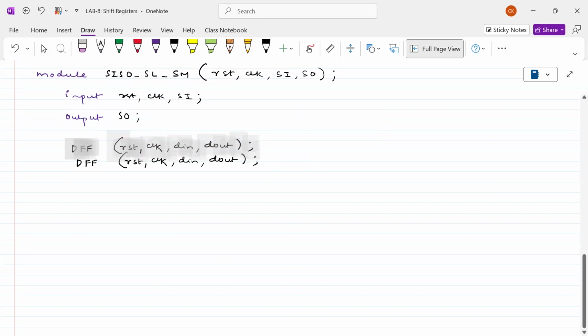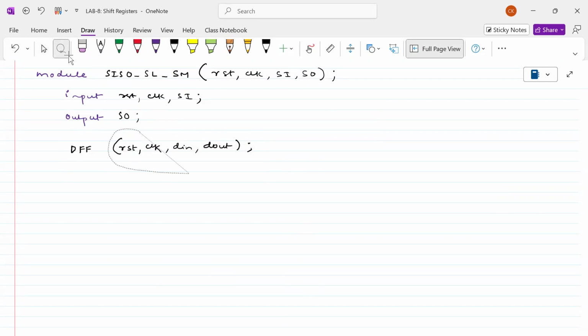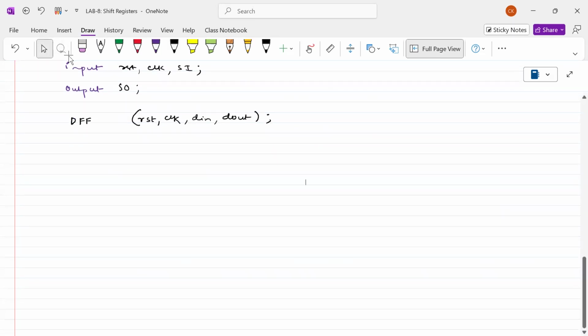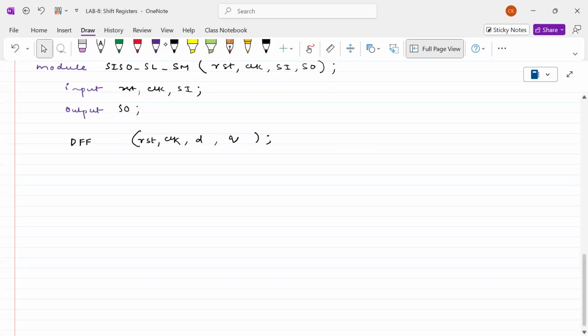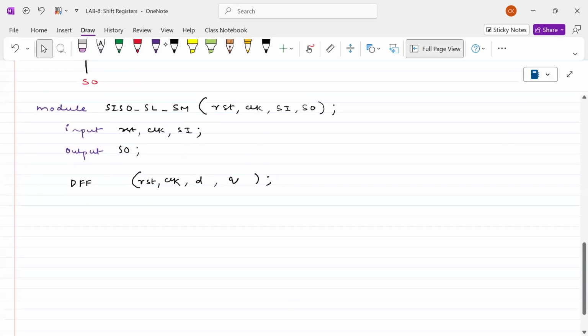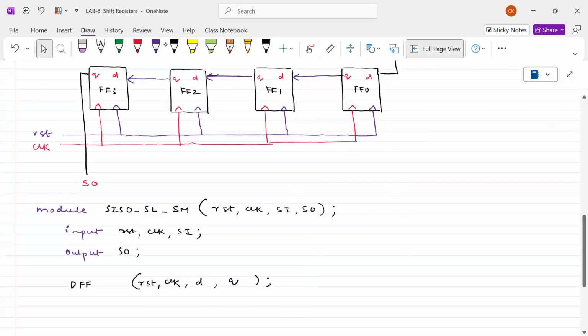Assuming that I have declared this with the help of these particular variables, please remember this way. Here, instead of the other names, I would have written D and Q. Please remember this way. The previous one also I have written like this. So this is the flip-flop that I have written, and that's the reason why this is called D and this is called Q. Now,